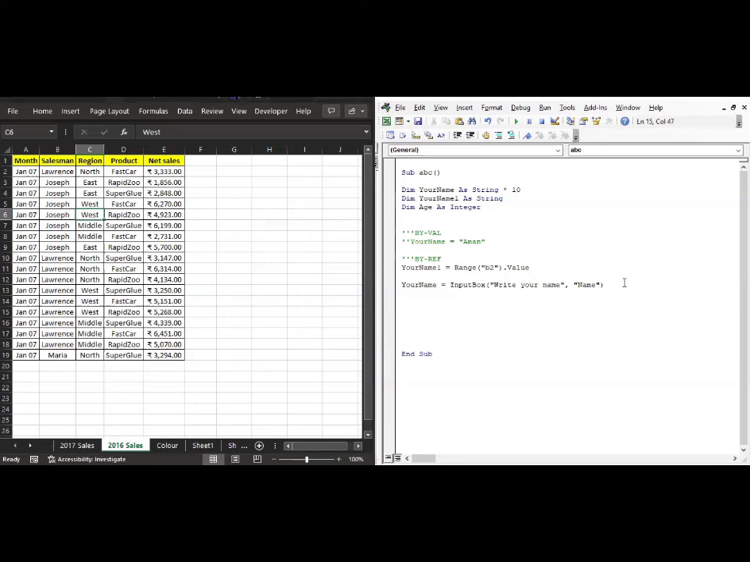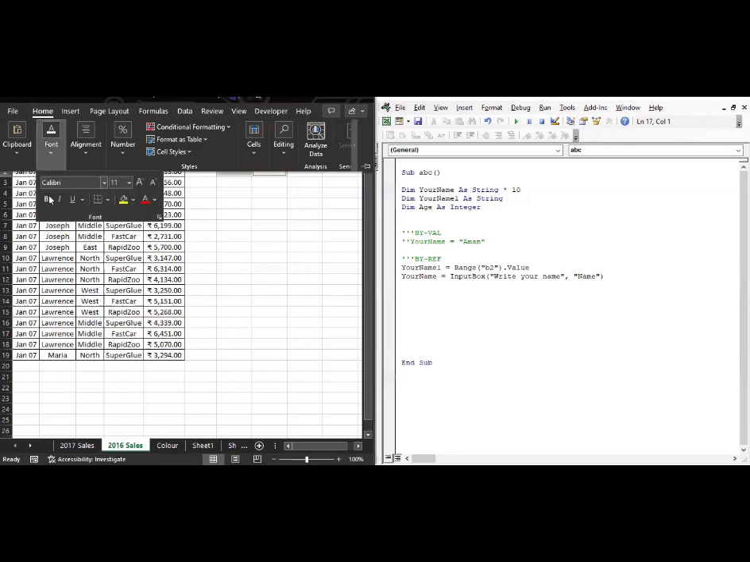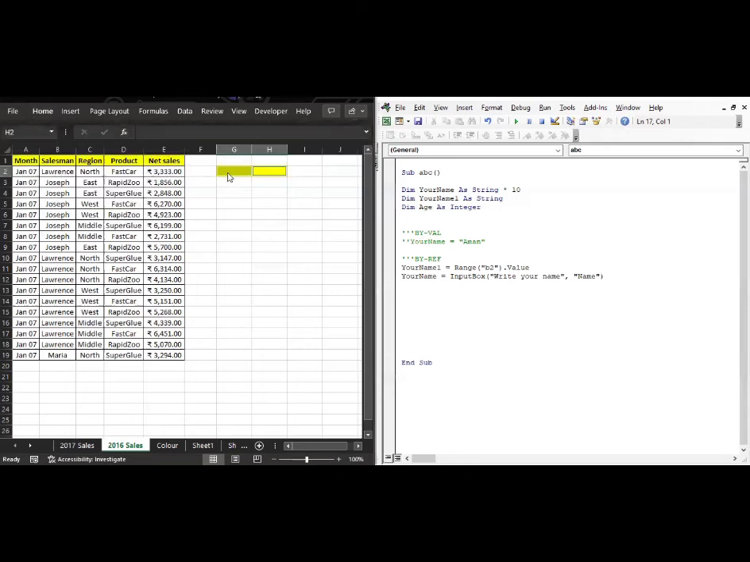Okay, this is another way. And these are the two ways of storing and getting the data. Now, how you can use the data held by the variable to print it on the sheet is, for example, if I want to print the data here in G1 and G2 and H2, if I highlight these two, here I want to print both data,